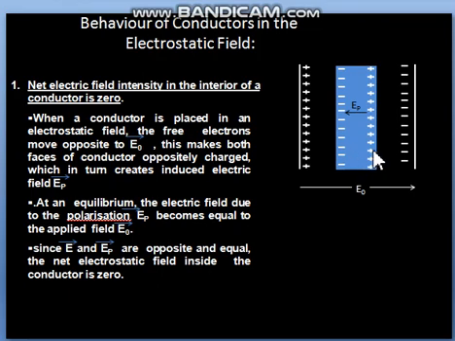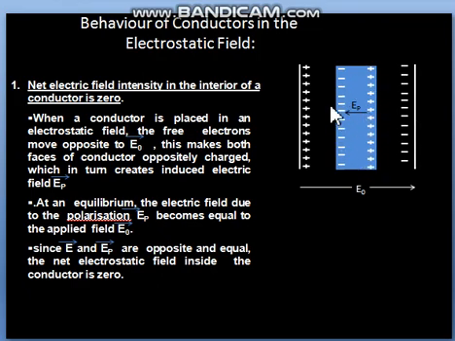So this way the charges will be developed. We can call these charges induced charges. Now we notice that opposite charges have been developed, and they can also produce an electric field from the positive side to the negative side, as we did for the external case. So one electric field will be produced from the positive side to the negative side of the conductor, and we will name this electric field EP, that means the induced electric field or polarized electric field. This process of developing the charges is called polarization.